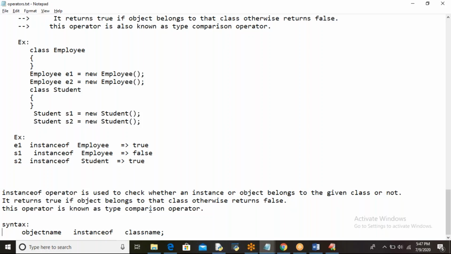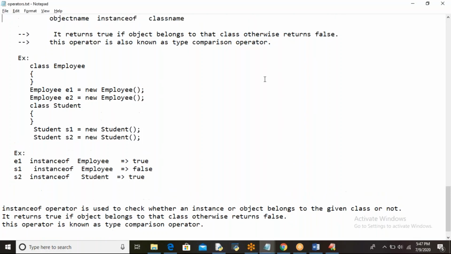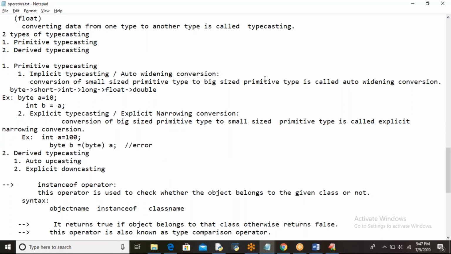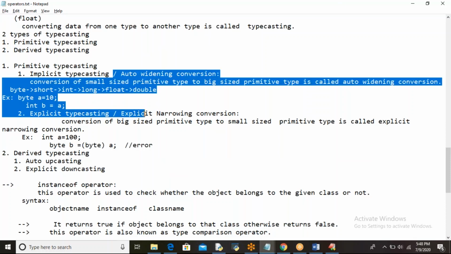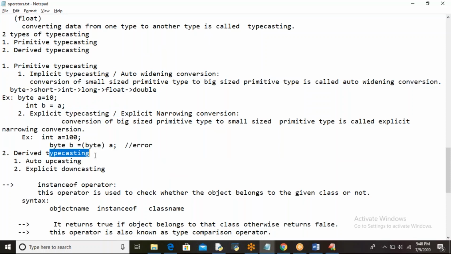Conversion, primitive, and what is the other one? Primitive data conversion, and what is the second one? Small to big, big to small, right? Conversions, right? Implicit typecasting and explicit typecasting. Actually, in primitive typecasting, we have two types: implicit typecasting and explicit typecasting. In derived typecasting, we have two more types: auto upcasting and explicit downcasting.